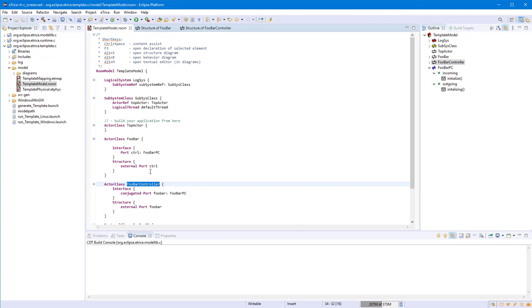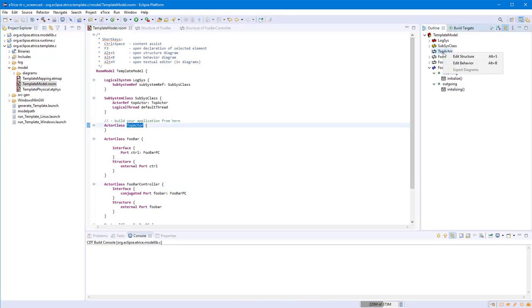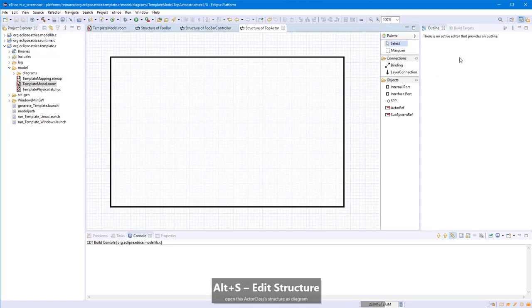Now we need to create instances of our actor classes in the system. Currently the system contains logical system, subsystem class and top actor. So we want to add a foobar instance and a foobar controller instance to the top actor. Again, we use the structure editor. Now for the top actor,